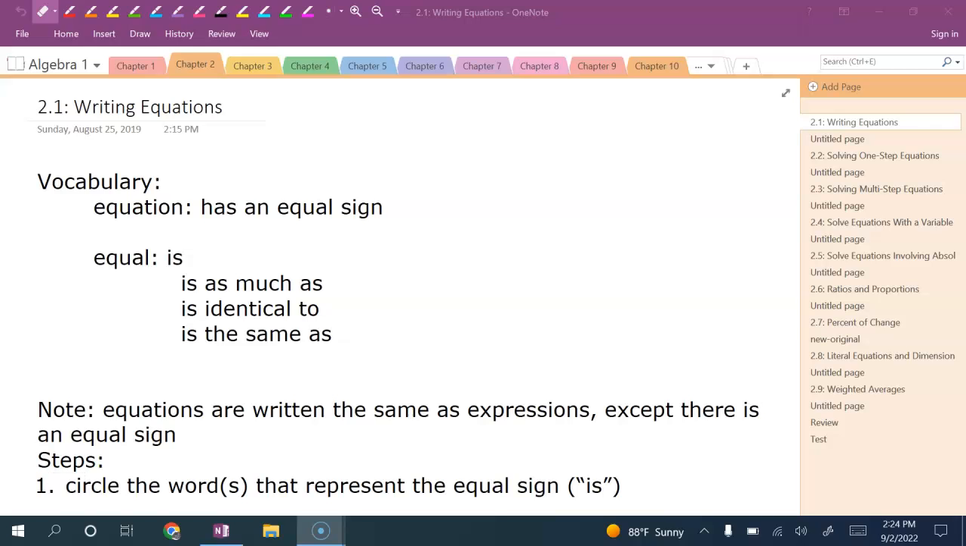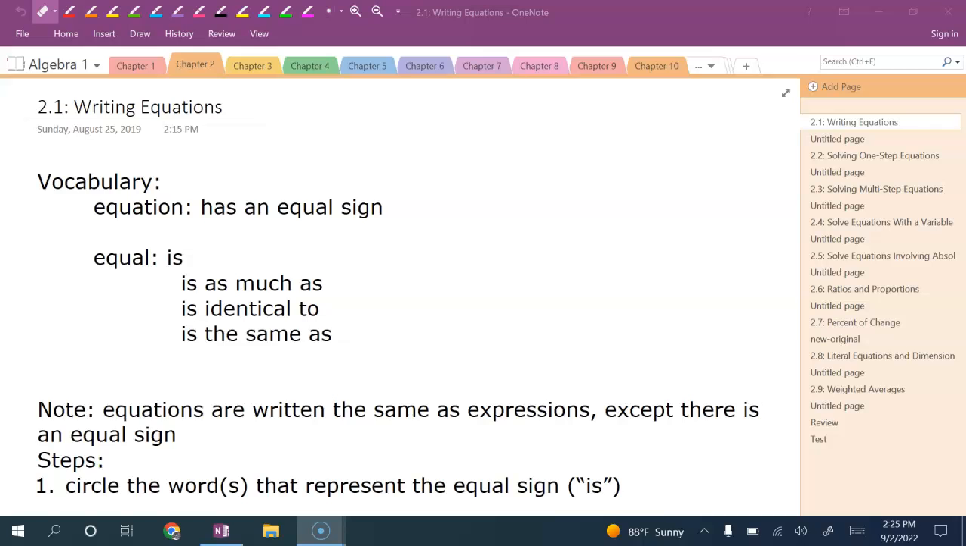Chapter 2, Section 1 is about writing equations. Last chapter, we spent some time practicing and learning about how to write expressions. So this section is going to be using some of that knowledge that you had from that first chapter, but the difference here is that we're actually writing equations, which means that all of these now are going to have an equal sign involved. So what makes something change from an expression to an equation is that it's going to